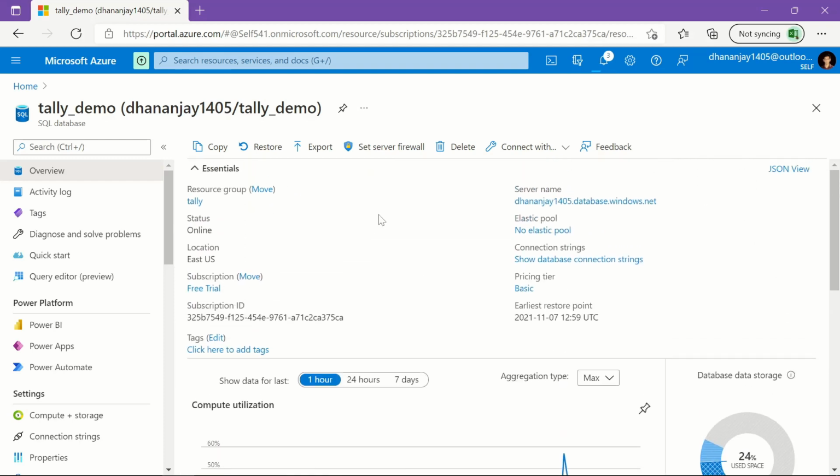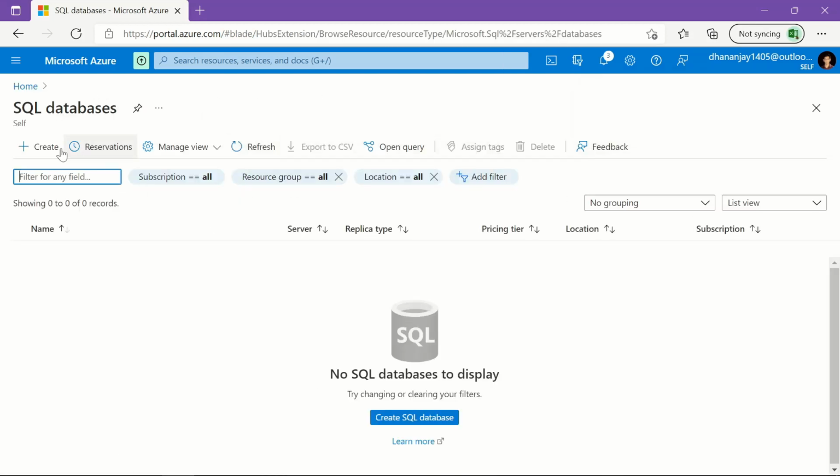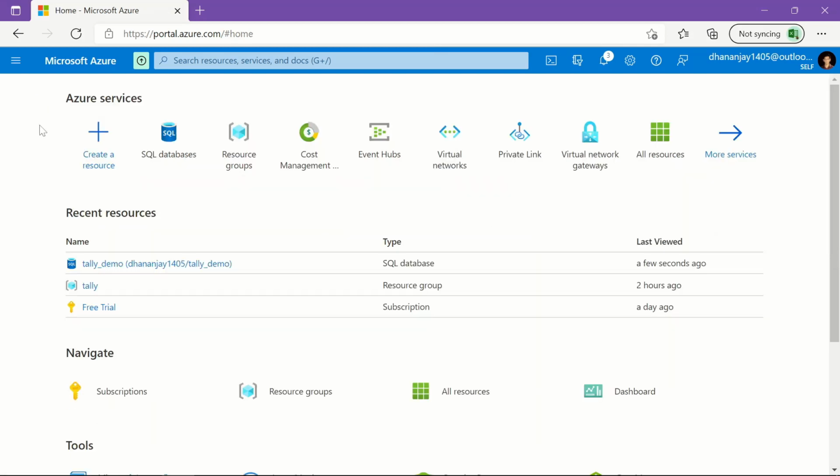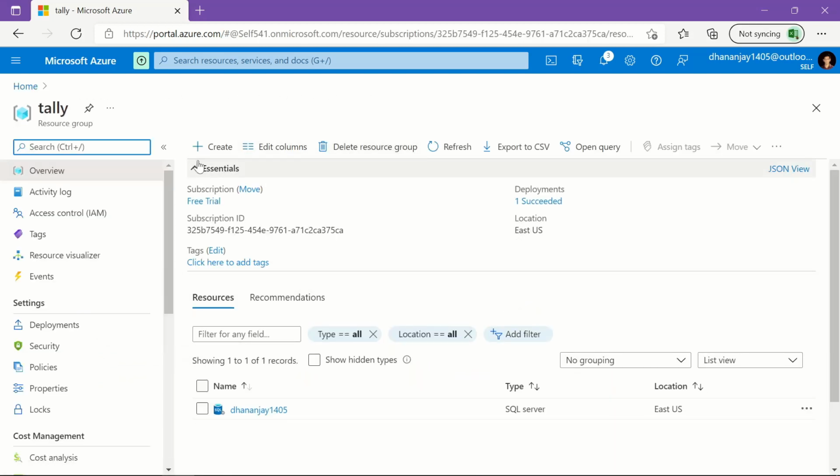So it might take a while to delete this. Okay, so it has been removed. If I go to SQL database, there are no databases. Now you can safely remove this resource group. Here you can see all the resources. Once you delete the database, you can see the delete resource group button.